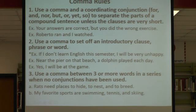What other punctuation mark could we use if we eliminated but in that sentence? A semicolon, because we have two independent clauses. Now, sometimes when your sentences or your independent clauses are short, we don't always use a comma. We use commas for